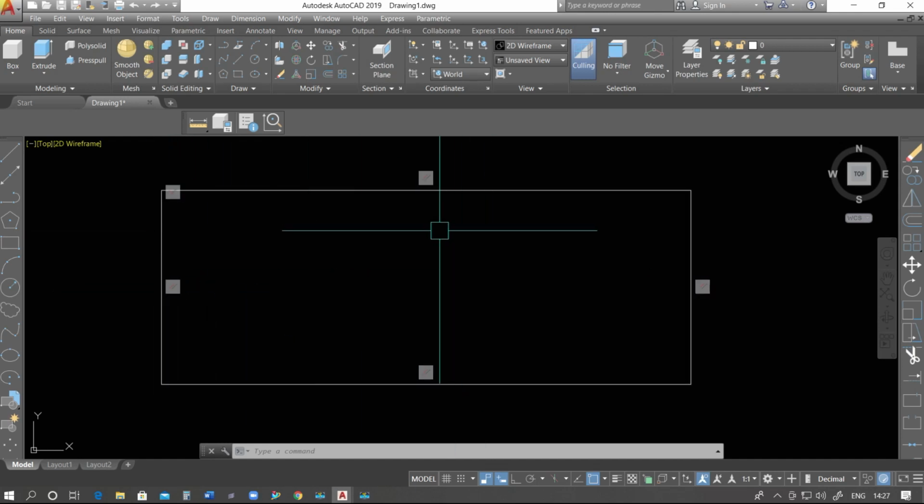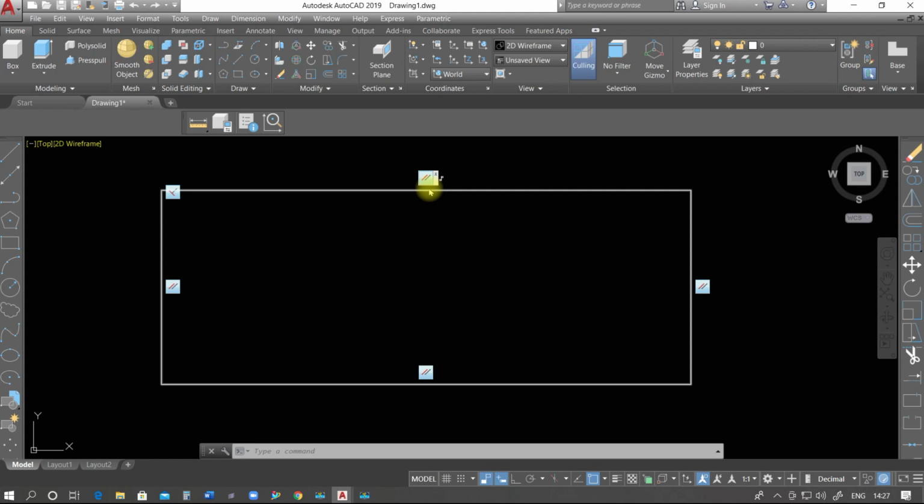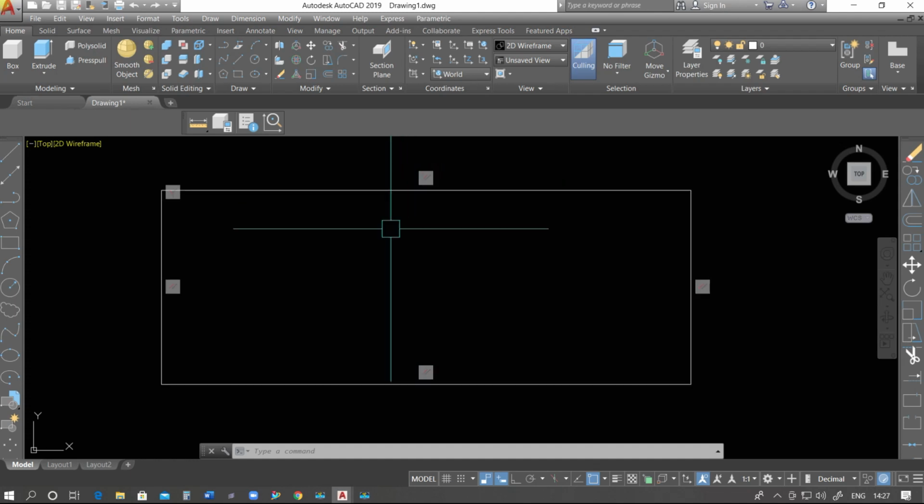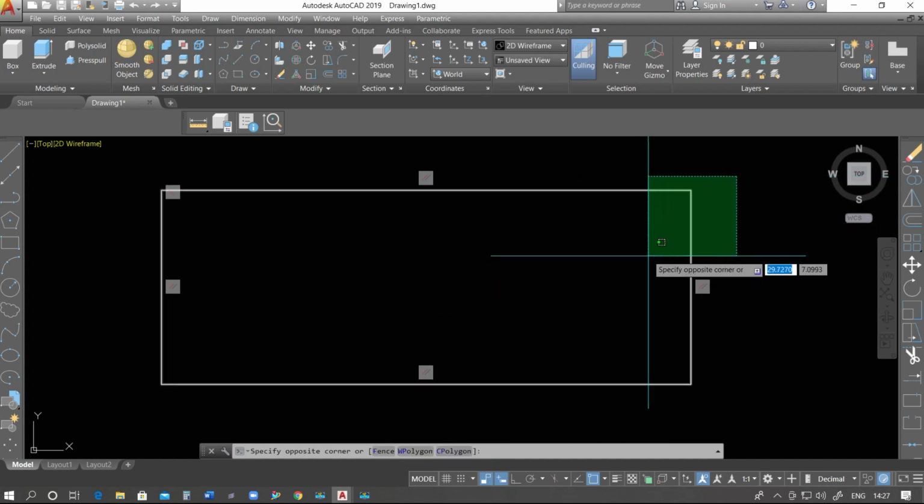So infer constraint will give us symbolic signs so that we can easily understand the constraints between the entities. So this is about infer constraint. We can control this one properly from here.